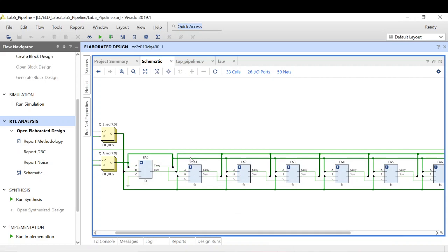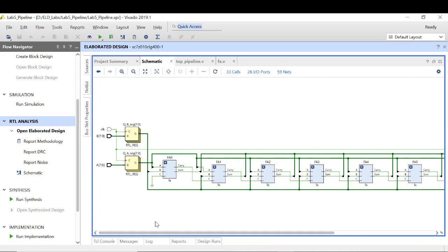One more thing which we can see from this diagram is the critical path. Critical path is that path with the maximum delay, right? If I look at this path, let's say starting from here, FA0 to carries, this carry and this carry.